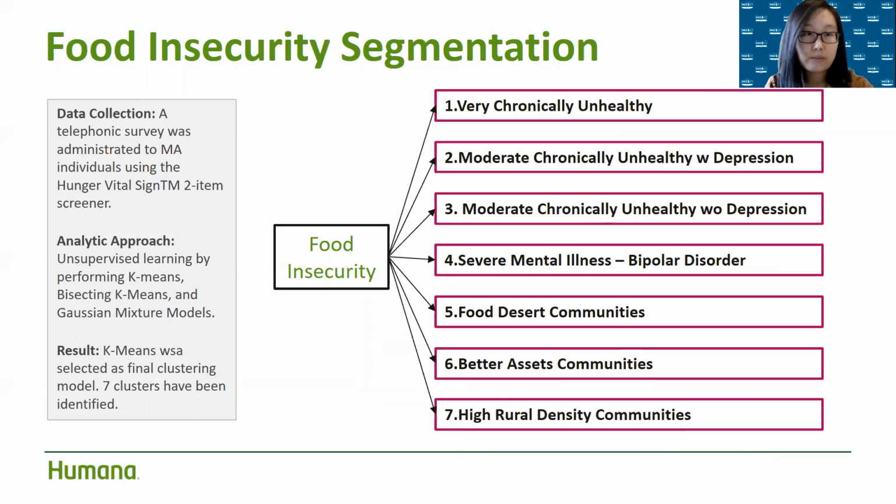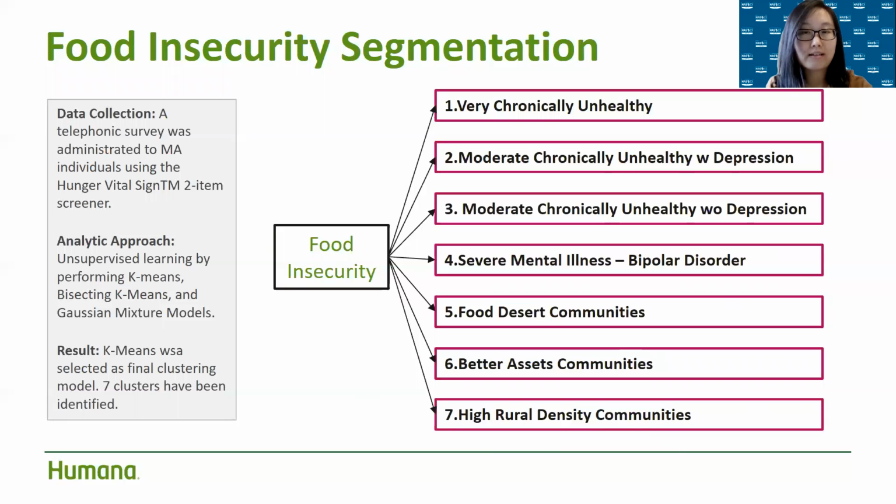For food insecurity segmentation during data collection, we also issued a telephonic survey, and that survey included the Hunger Vital Sign two-item screener for food insecurity. The screener measured two aspects of food insecurity in the previous 12 months. Besides the survey responses, we also incorporated other data sources like demographic, third-party economic information, medical claims, pharmacy claims, lab results, and any other enrollment data. All of this data was extracted as features in